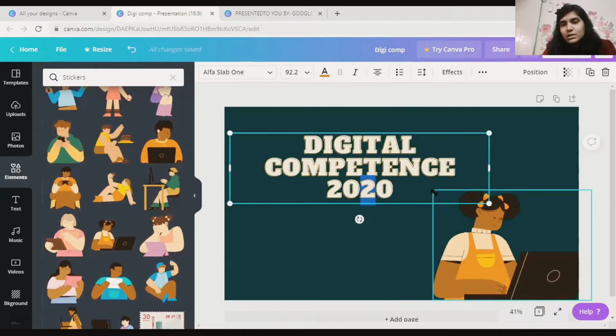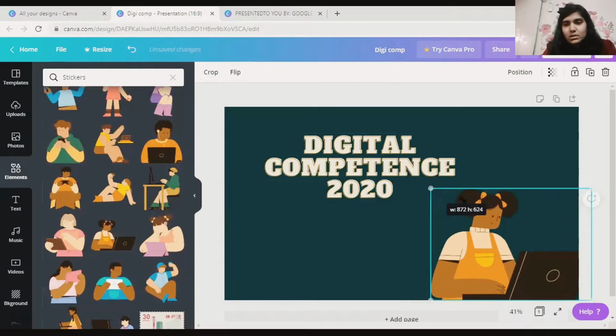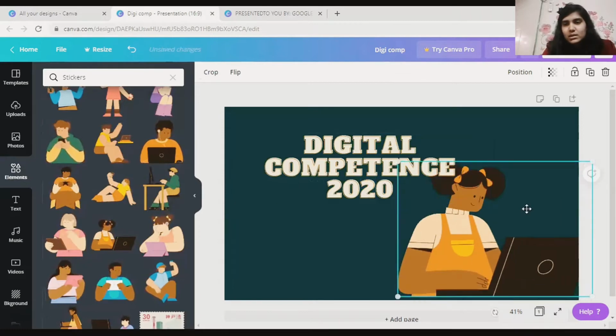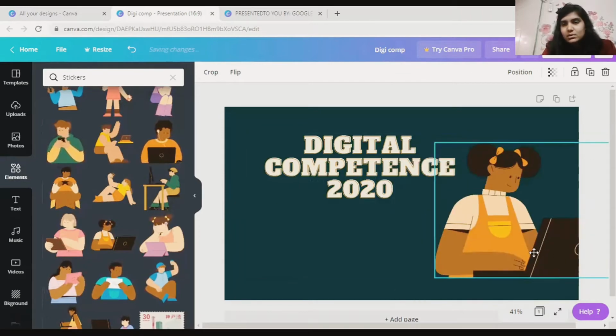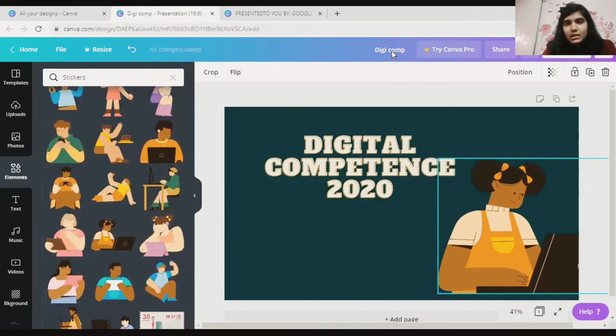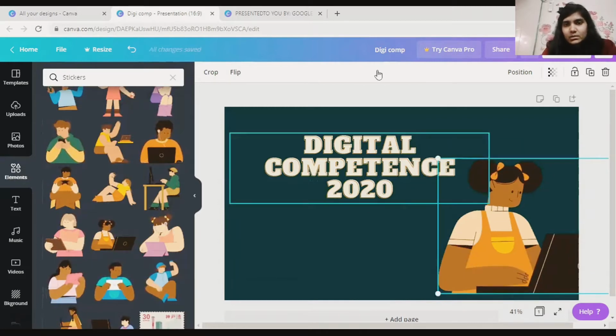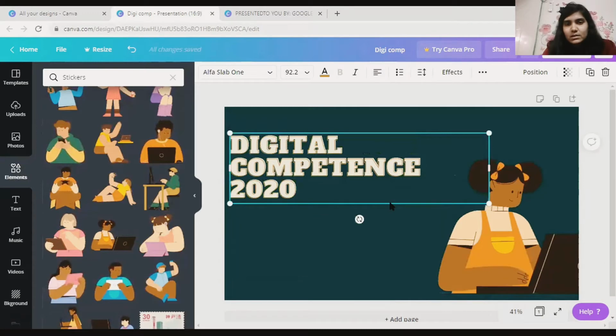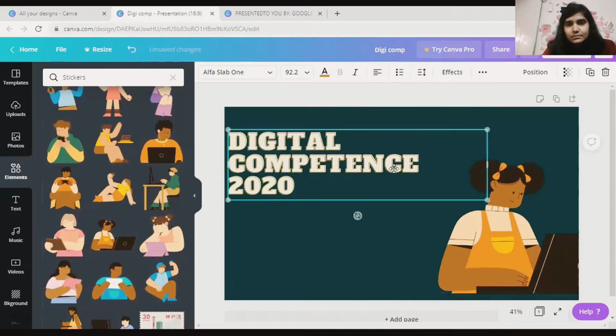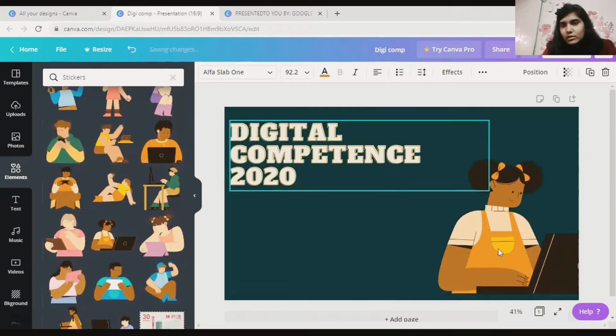If you want to increase the size of this also, you can do it, right? You can always increase it. You can have it over here, something like this, right? And you can keep this at the starting of your slide.